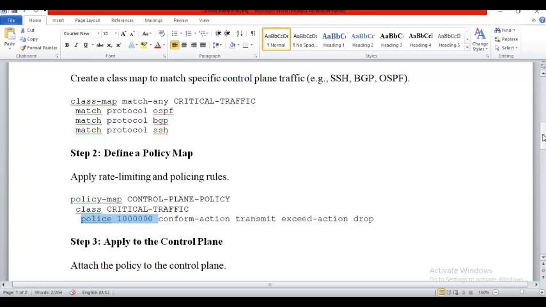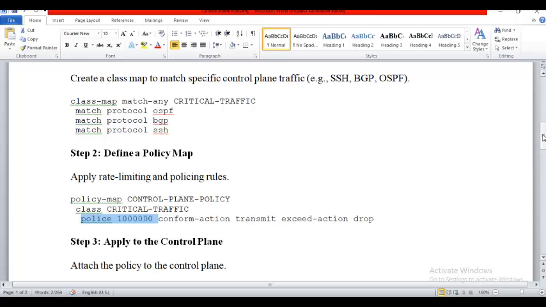But when you keep this in limit, when you drop, you will see why it is getting dropped, which traffic. Your CPU will be under control for you to do that verification. You can verify and find the attacker, and we can shut down that port from where the attack is coming or block that particular source.